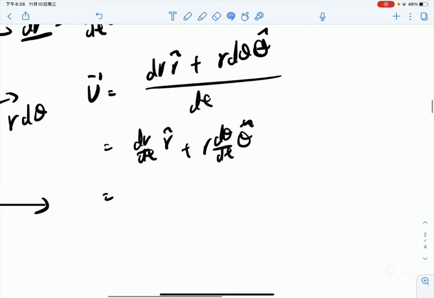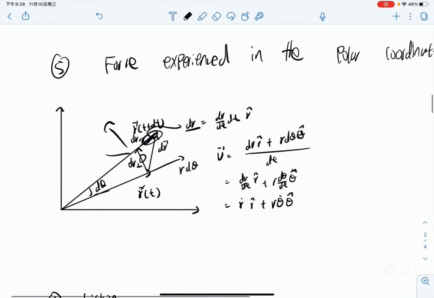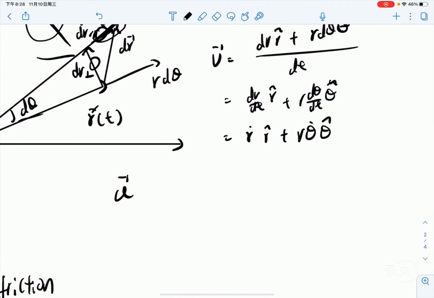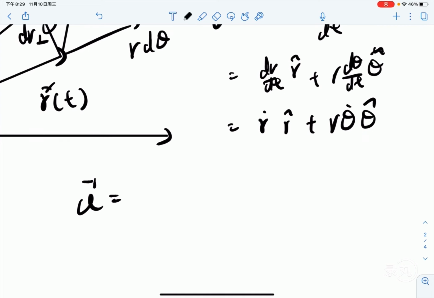This is basically r dot times the r direction plus r theta dot times this direction. And for the acceleration, we just take the derivative. It's quite simple. And by the chain rule, we can see this is equal to the r direction plus r d this,